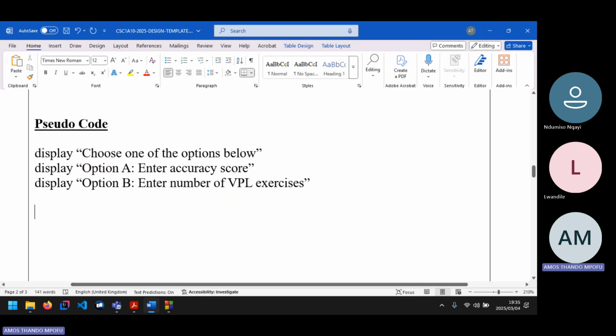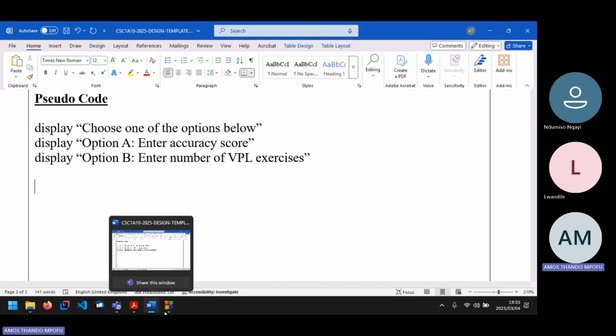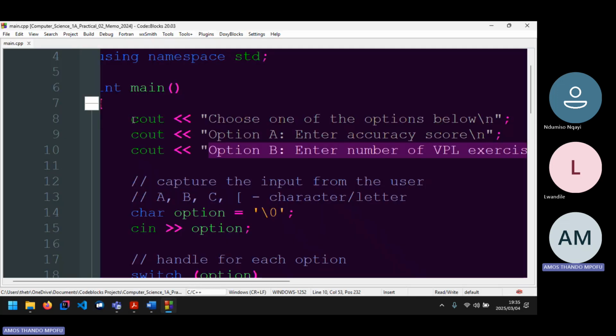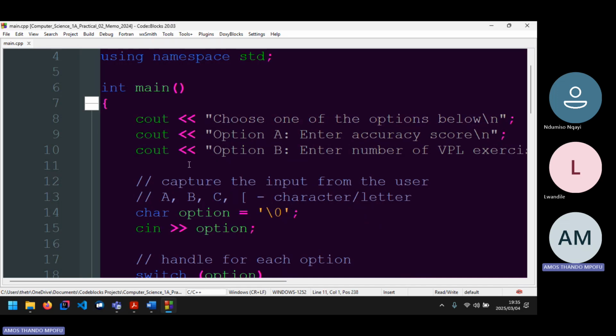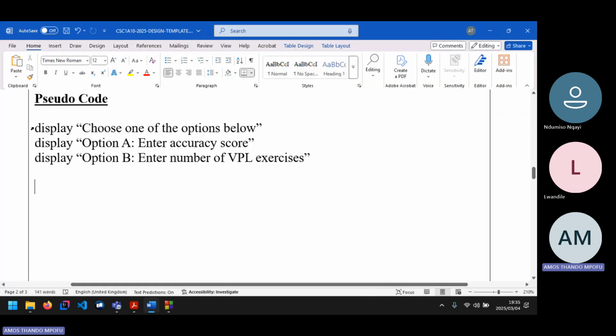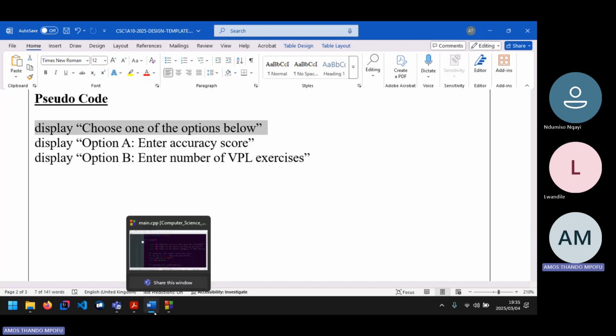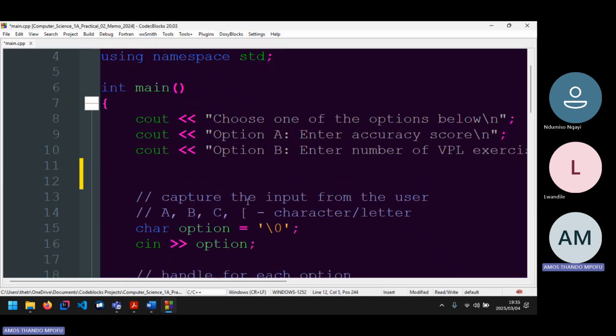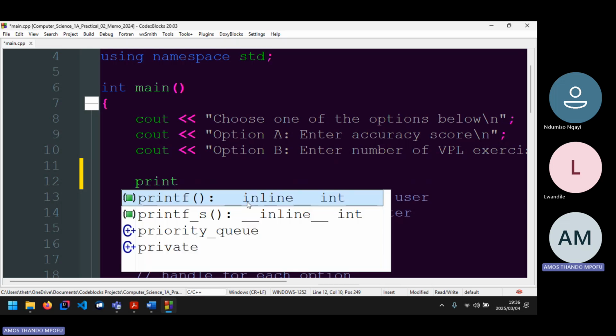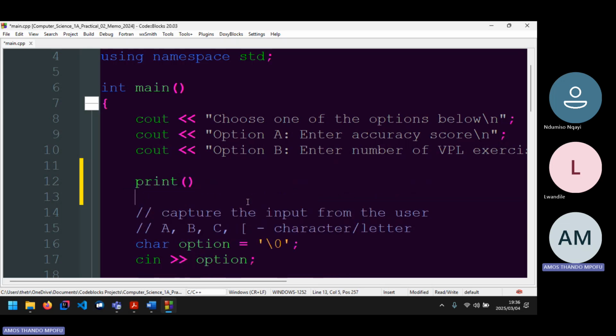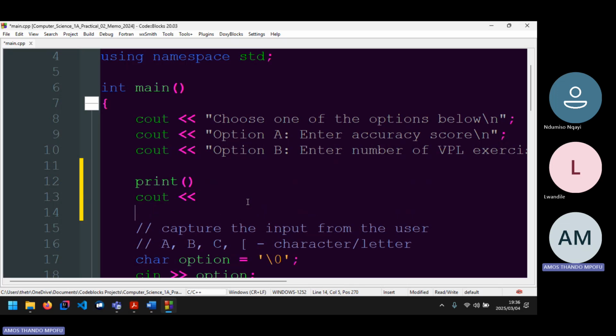So your design should be similar to this design. Why am I saying display? Because cout displays this information here. So I'm writing in my pseudocode that on that line you should output this string. You see how it doesn't show which programming language you used. I just say display. I know a couple of languages. In Kotlin, you just use print. In C++, you use cout. In Java, you use